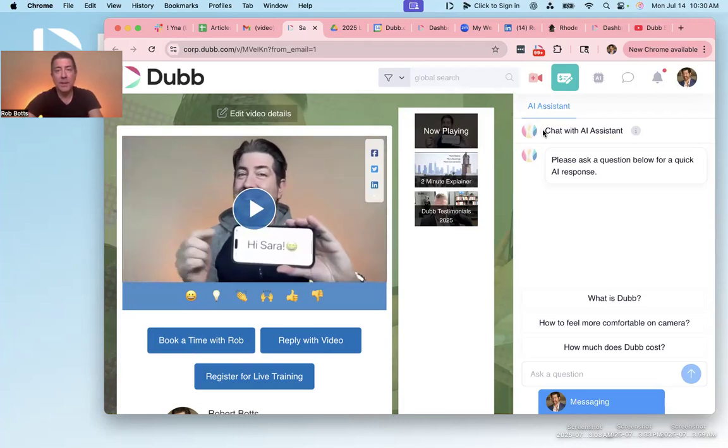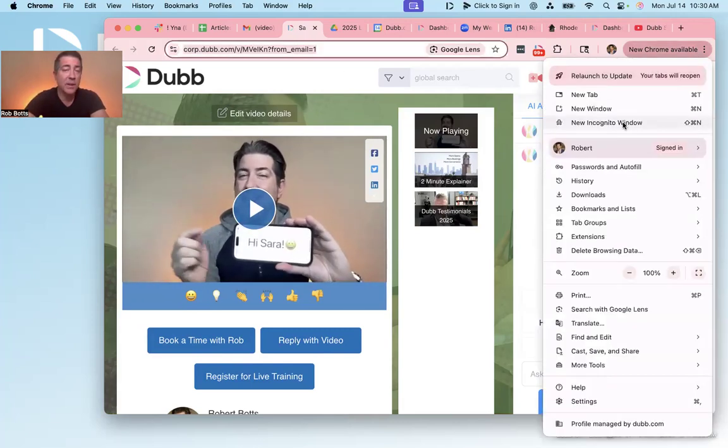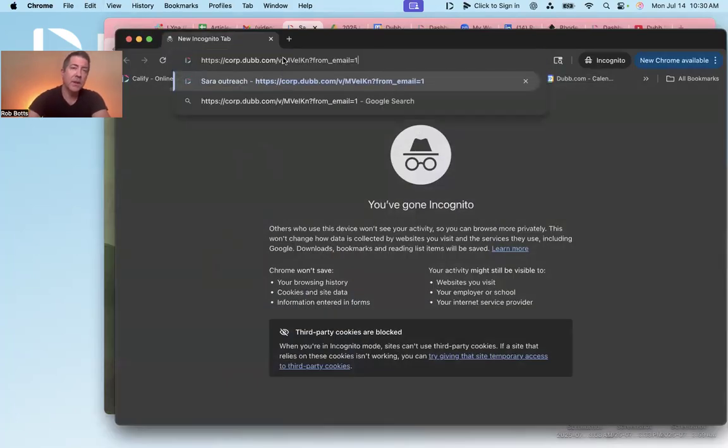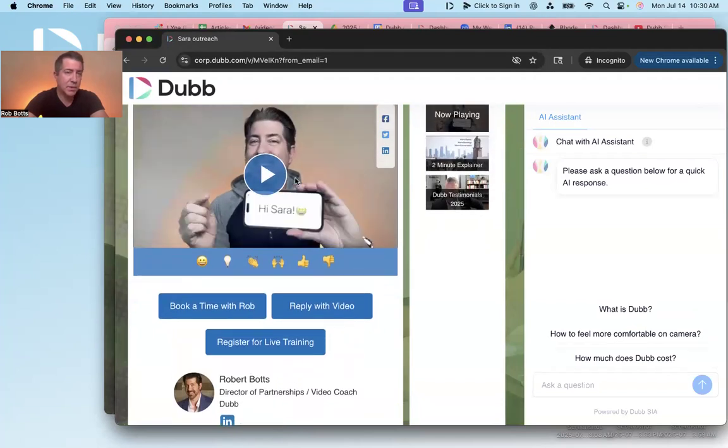And then over here to the right, your sales assistant, Sia. And you don't have to have this on the page. If you don't want the sales assistant, the AI, on your page, you don't have to have it. It's just a little button inside of Dubb. But if you do decide to have it on the page, there's really an advantage in the fact that when you send someone a video and they click on it,